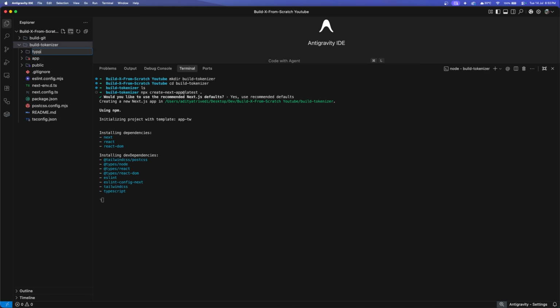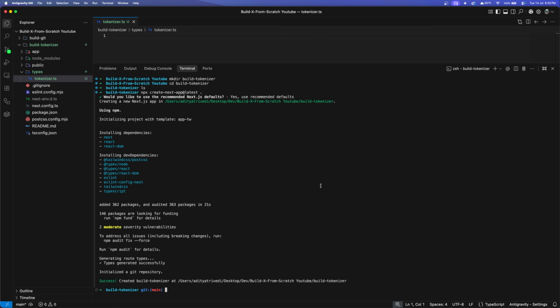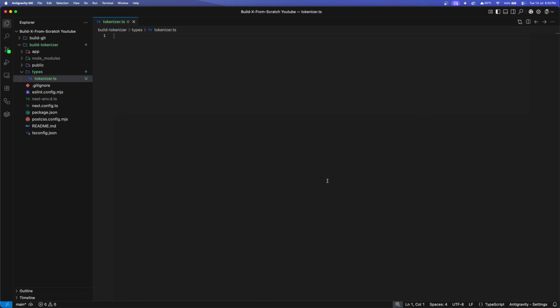here. So we'll have a folder with the name types and we'll have a file saying tokenizer.ts. Okay, our project is created. For now, we'll not start with the UI part. We'll just understand and create the different types that we need. This particular module will define the interfaces that we'll use throughout the tokenizer logic, which will help us ensure the